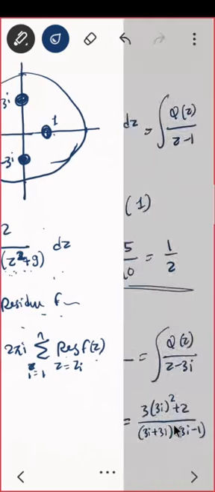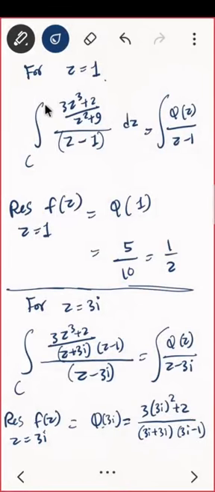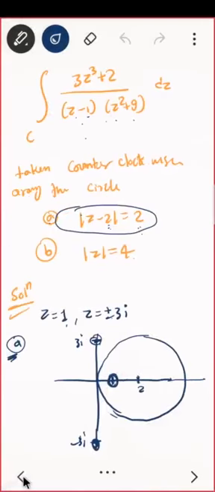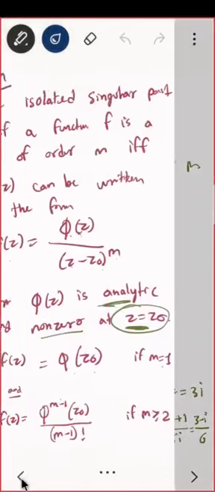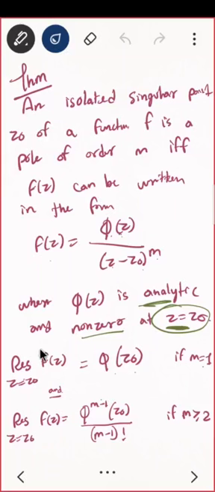So for z equal to 1, how will you calculate the residue? What was it in residue? Just write z minus 1 in the denominator and keep everything on the top. Then you just have to check whether it is analytic at z equal to 1. Yes, it is analytic at z equal to 1, and it should be non-zero of course, otherwise everything will be 0. So it is phi of z upon z minus 1. So this is the residue of f of z at z equal to 1. It will be just phi of 1. I hope you remember this theorem. Till now we have not done multiple roots, that is, pole of order n. We are just doing the first formula till now, since m was 1 here in our case.